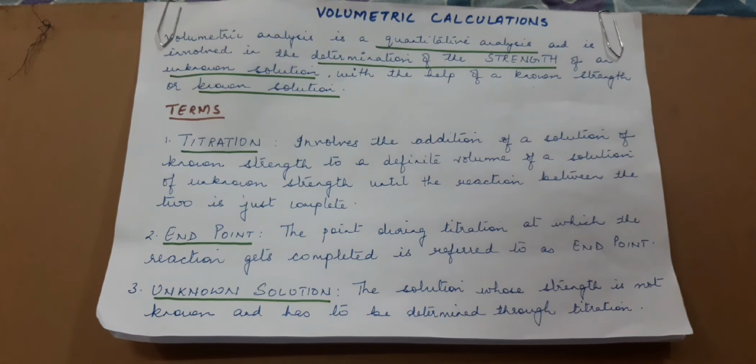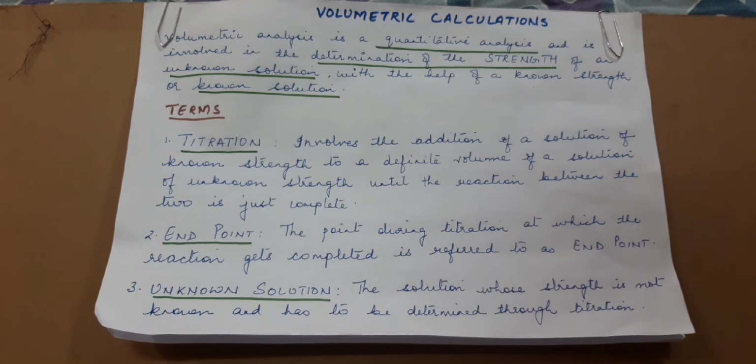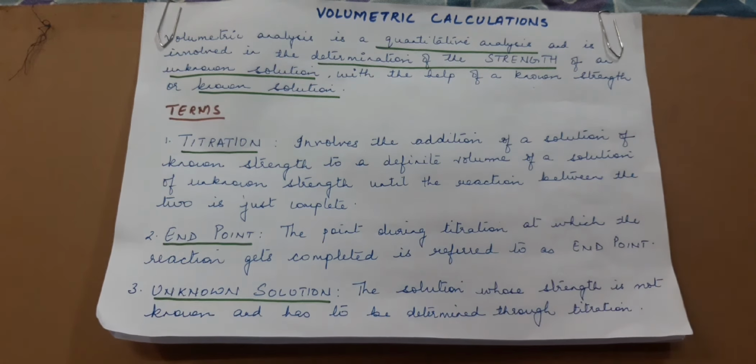Now, during that process, you will come to know, when we come to the practical labs, you have titration as one of your practicals. There you will come to know exactly how you use the different apparatus. You have a titration flask, a burette, and a pipette. The burette is filled with a particular solution, you pipette out a certain unknown solution, and you try to find out the volume. So the apparatus you will see when you come to the lab.